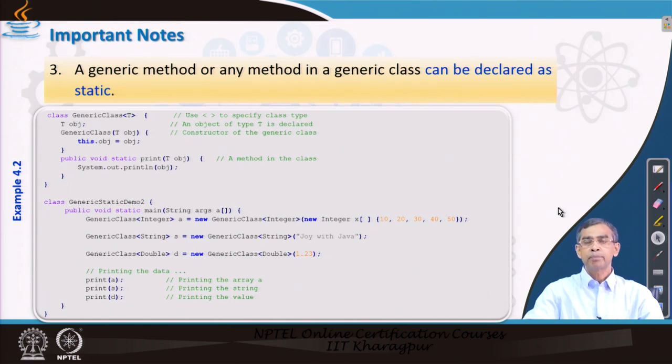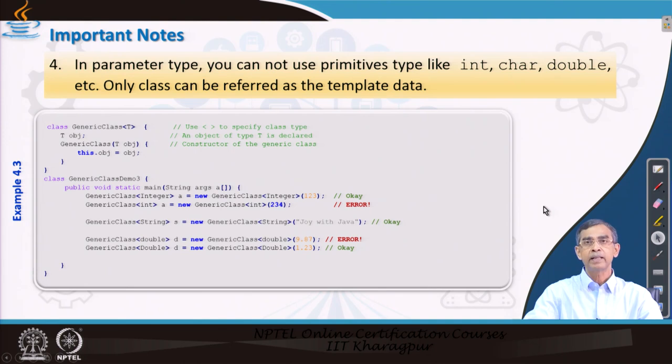So, these are the 3 points that we have to discuss, and another point also we can note here, that a method can be declared as overloaded. I will come to that example, but before going to this, one important point, I am emphasizing it again and again, that in parameter type, that is for the template,